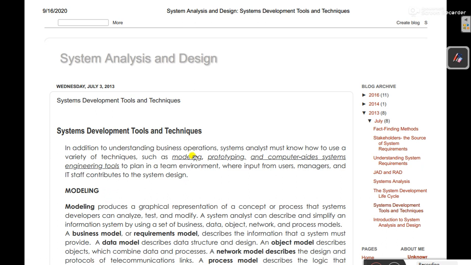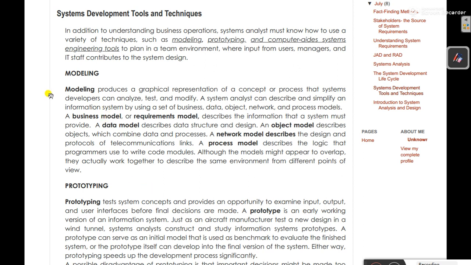Like the first one is modeling. In modeling, we can see that modeling produces a graphical representation of a concept or process that system developers can analyze, test, and modify. So using a modeling approach, or using the modeling technique, we can represent the whole system in a graphical way so that the analyst can understand the concept behind the system and the developers can analyze it and test it